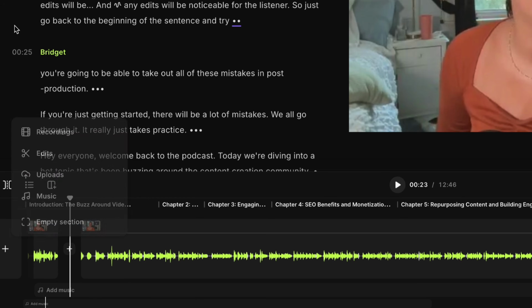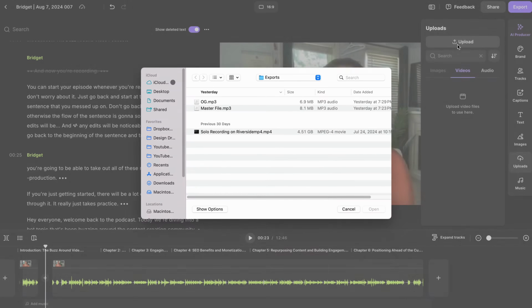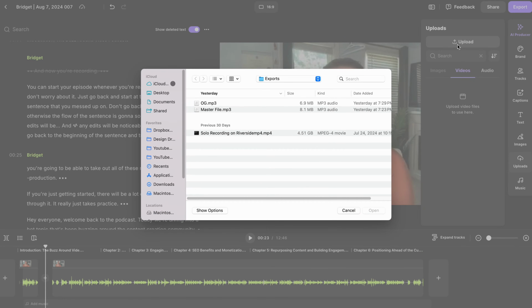If you head back, you can also upload content with this uploads button. This will bring you over here to the upload section, and you can upload whatever content you'd like. I'll show you this workflow using a mix of adding past recordings, edits, and uploads. So the first thing that I want to do is add a hook.